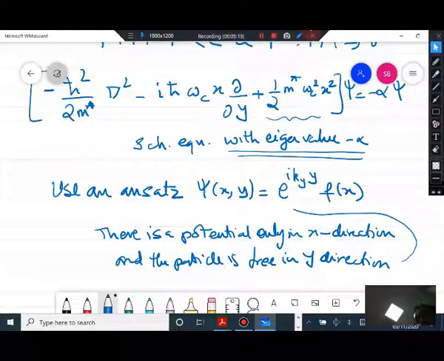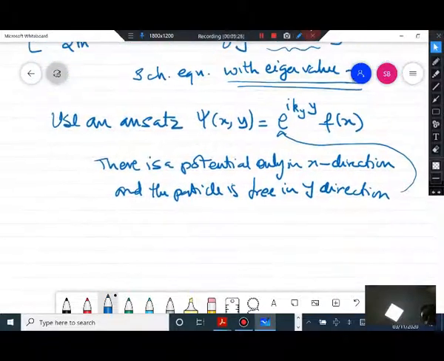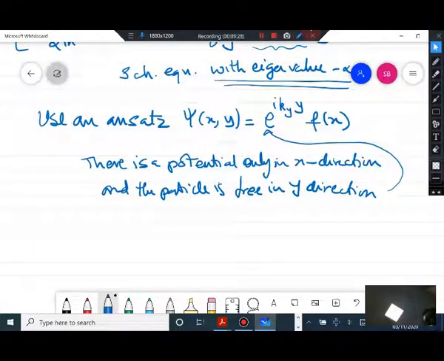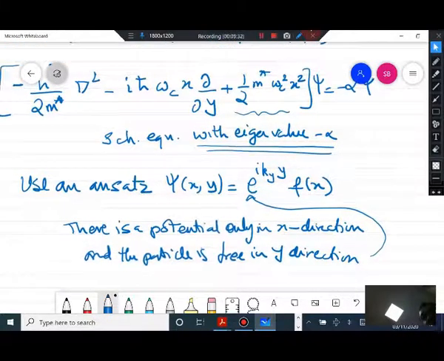So therefore you have a plane wave like solution along the y direction, and you are using a function along the x direction, because there will be some sort of confinement in the potential in the x direction. So you can use this ansatz and you can put it back here,